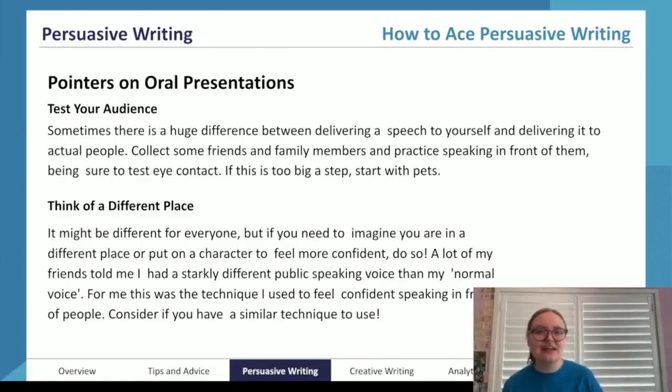The other thing to remember is that everyone in the room with you is in the same boat. They all have to do persuasive speeches as well. They all have to stand up in front of you and do the exact same sort of task. So no one is particularly worrying about you. They're mostly worrying about themselves, I promise. And the teacher, they have also done this before. So there is no judgment there. Everyone is already in the exact same boat. Really important to remember.